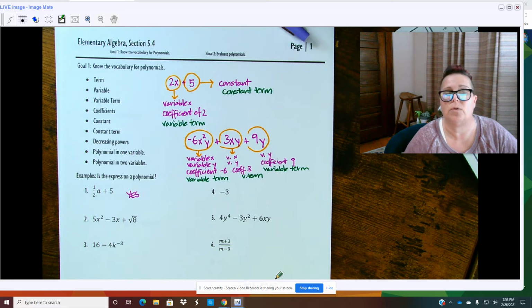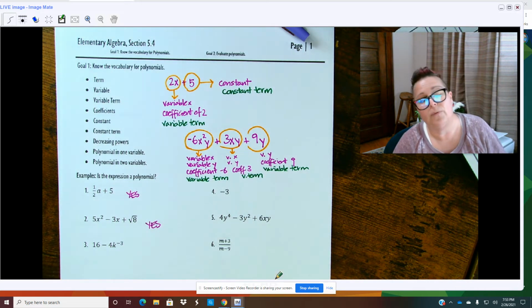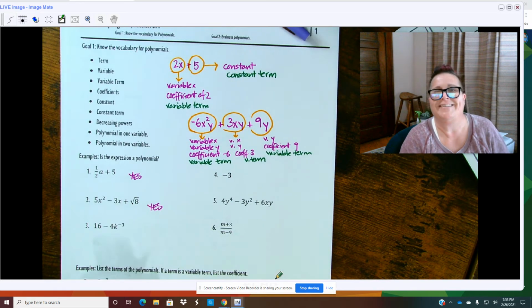I don't know what that number is. It's got to be less than 3, right? Because the square root of 9 is 3. And if this is the square root of 8, it's got to be close to 3, but less than 3. Okay? So yes, this is also a polynomial. If we look at number 3